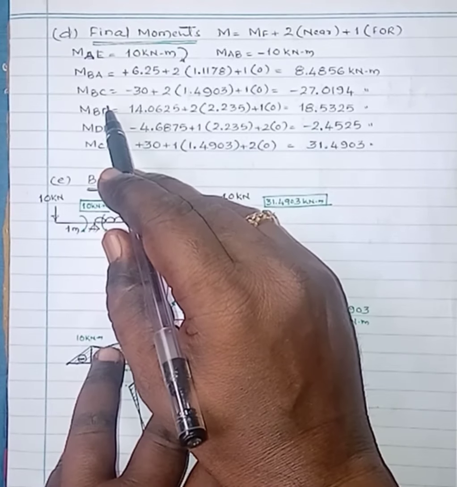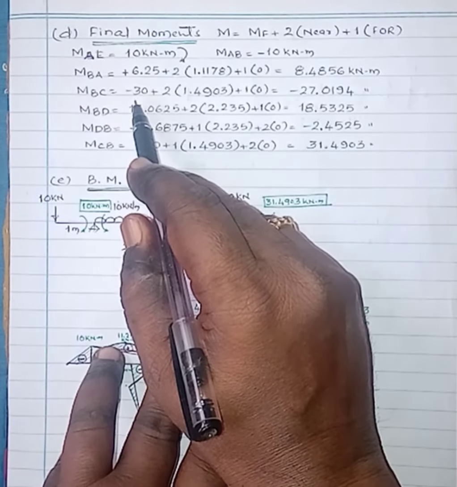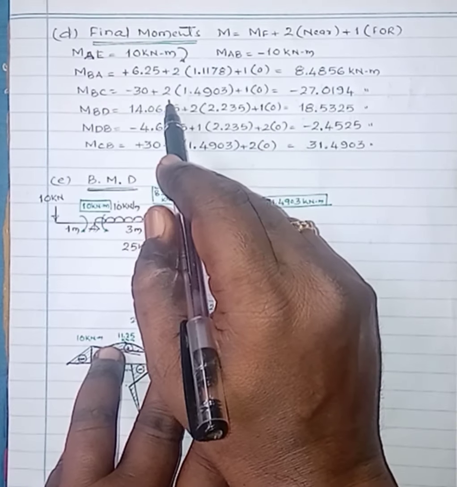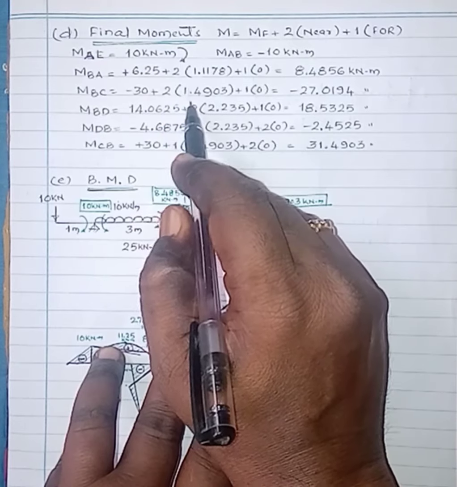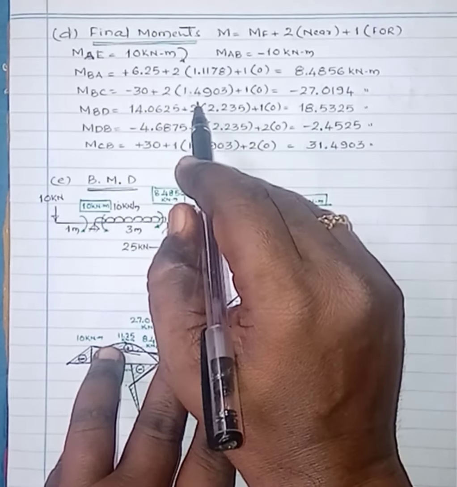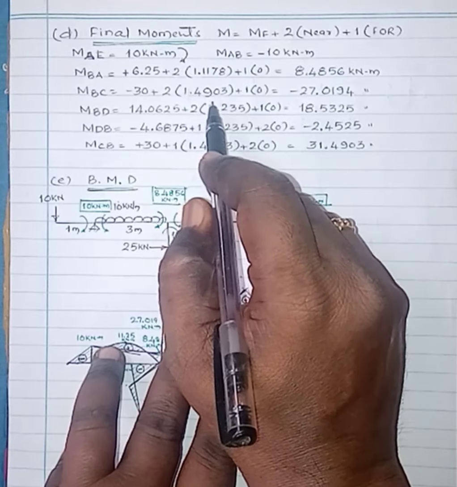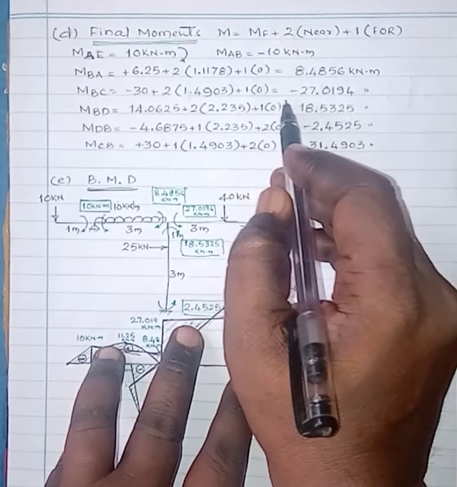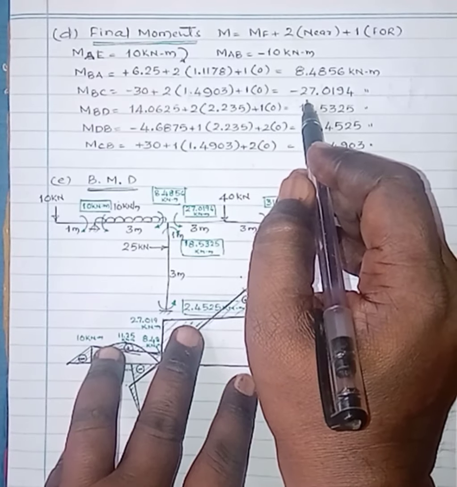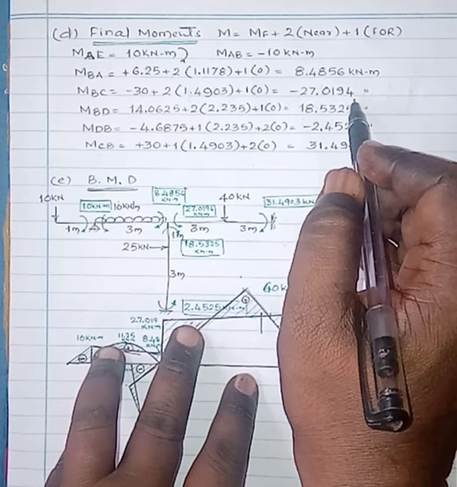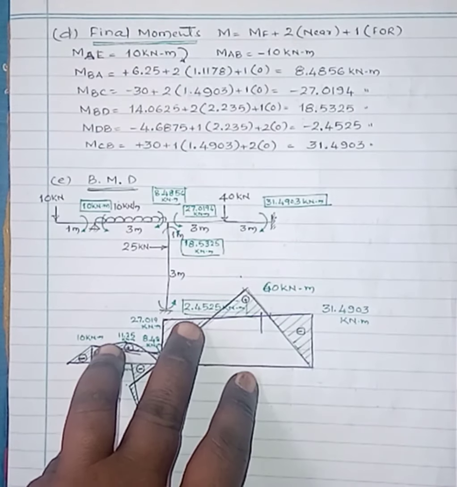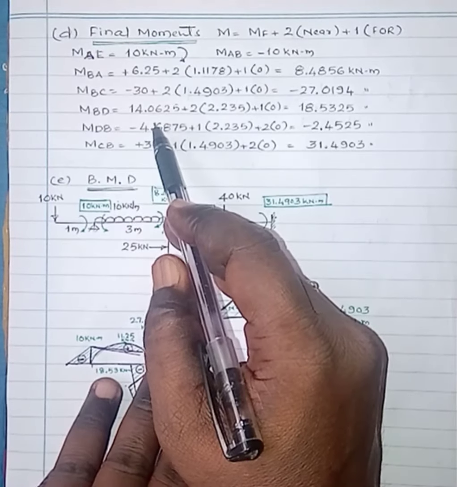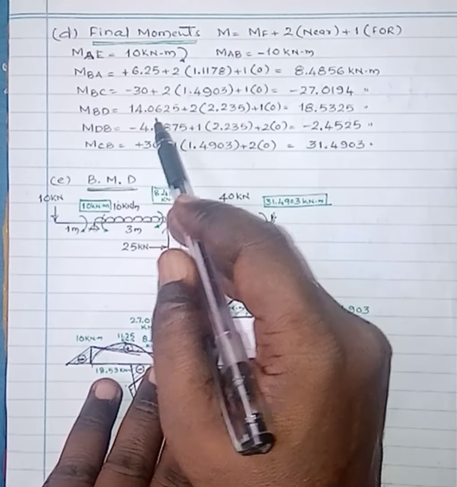Then MBC, the fixed end moment is due to point load, that is minus 30 plus 2 times the near end contribution, just now we have calculated, that is 1.4903 plus far end contribution, that is 1 times far end, that is 0, then minus 27.0194 kilonewton meter. Then MBD, for vertical member, the fixed end moment due to the point load of 25 kilonewton,